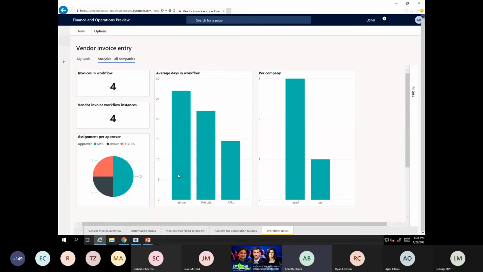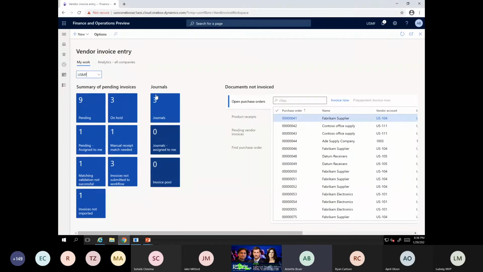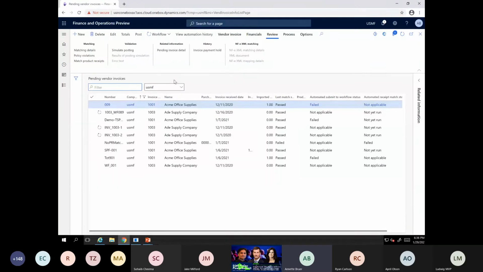So let's go back to the workspace, and I want to show you a few other things here. Let's go ahead and go into the pending vendor invoice. And I'd like to talk to you about the enhanced workflow history view and the ability to simulate posting. So let's go ahead. I have one of my invoices that is in workflow, and we have provided a new